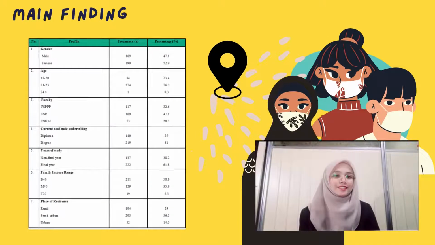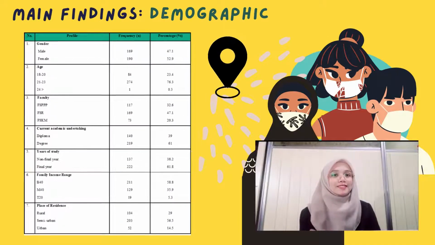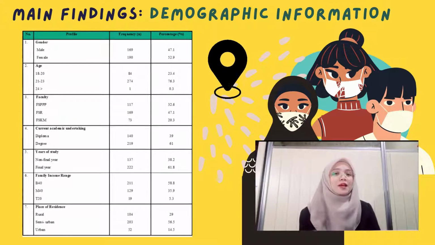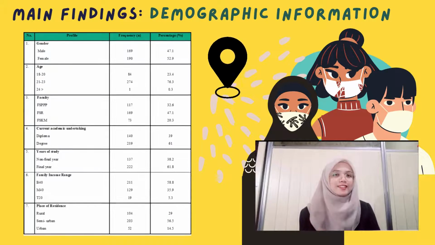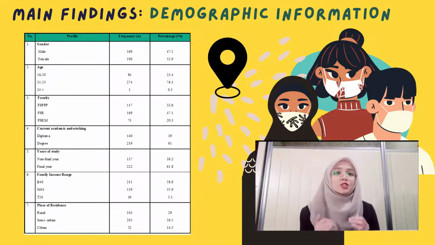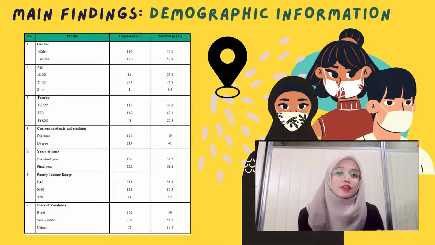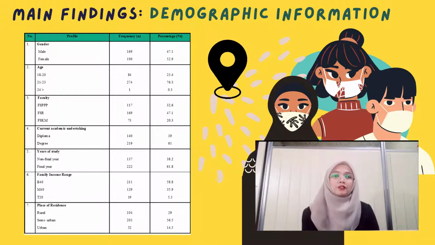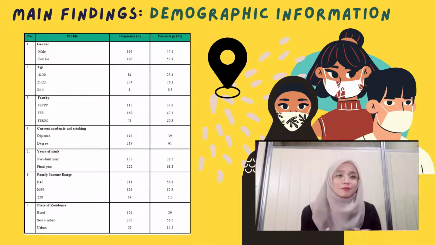Moving on to our research findings. It can be seen that the survey has been answered by 390 respondents. After discarding the partially completed questionnaires, a total of 359 valid respondents were returned, with a total useful response rate of 92.05%. Based on the demographic table, there are slightly more female representatives, at 52.9%, than male, which makes up